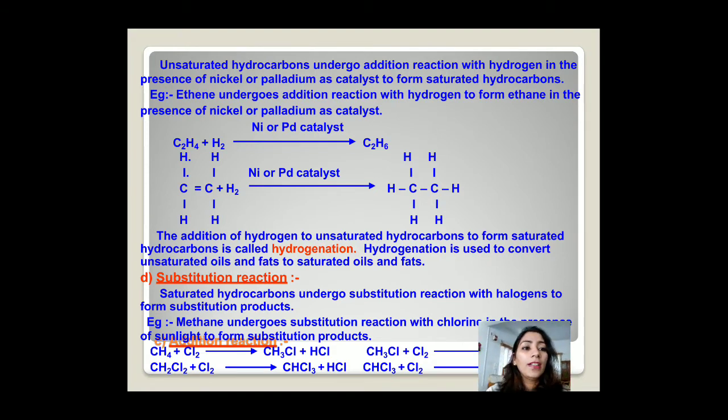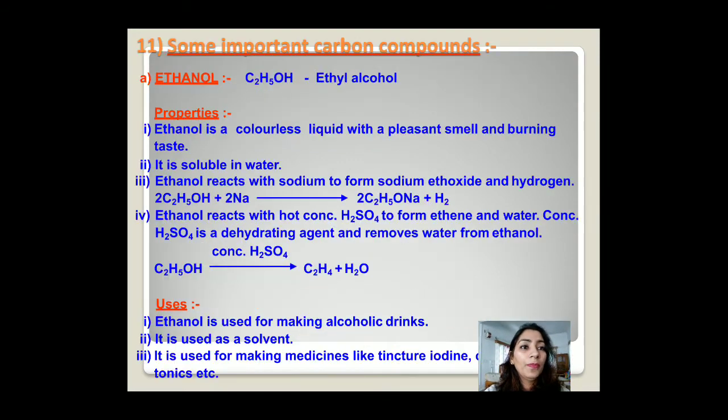When we are doing the reaction of methane with chlorine, methane has the structure CH4, chlorine is Cl2. When CH4 reacts with chlorine, it will give CH3Cl. Then further CH3Cl reacts with chlorine, it will give CH2Cl2. Then this reaction will still not stop, because it is getting the energy and we are using chlorine in excess. So it will again give CHCl3, that is called chloroform.